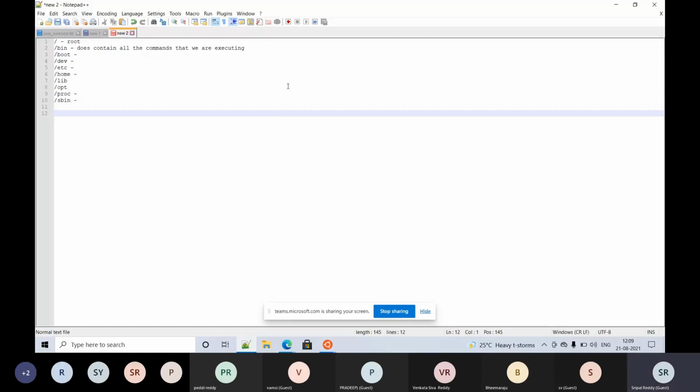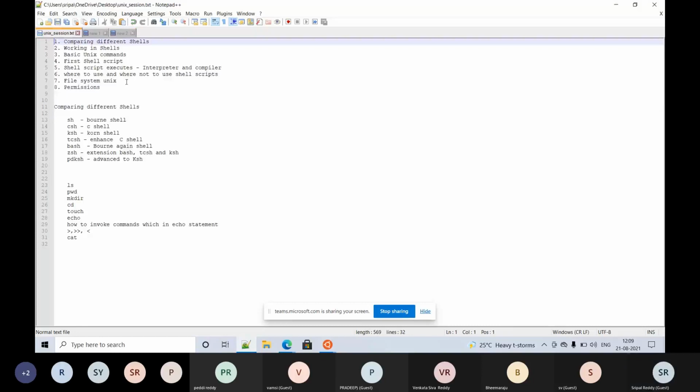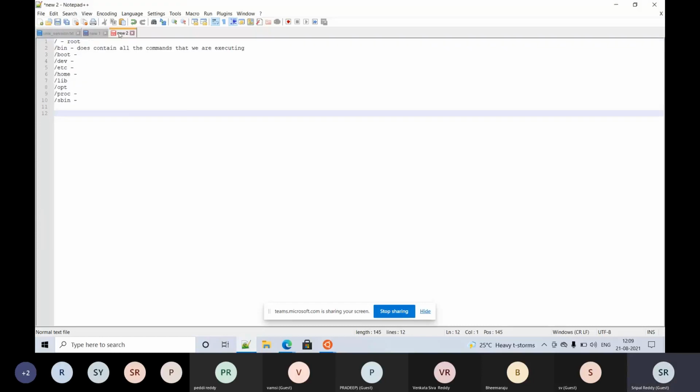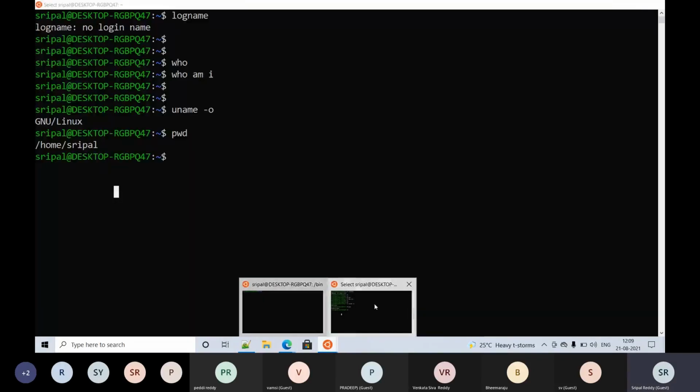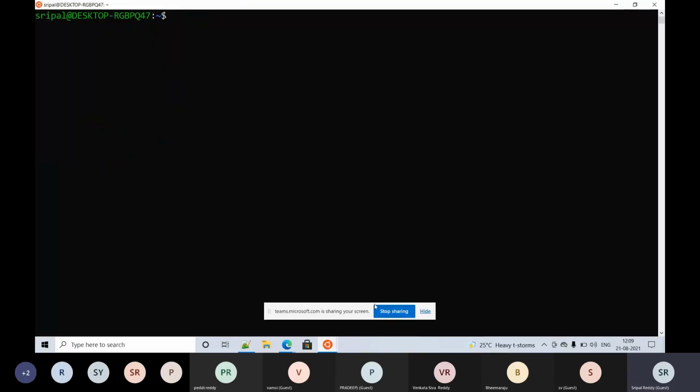And the next thing that I wanted to talk about here is permissions. So before we get there, I have covered man pages in my previous session, right? So hope you got to go through that. The man pages, I just wanted to repeat for the sake of a larger audience. So man is a command, stands for manual, right? So man followed by any command gives the manual page related to the command. Okay, so let's see.